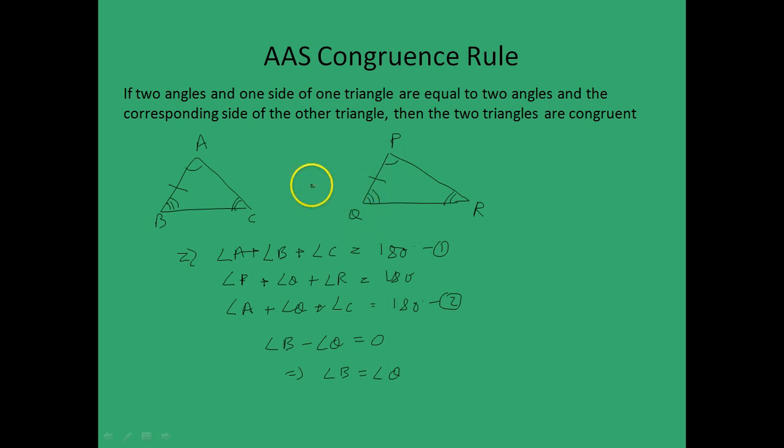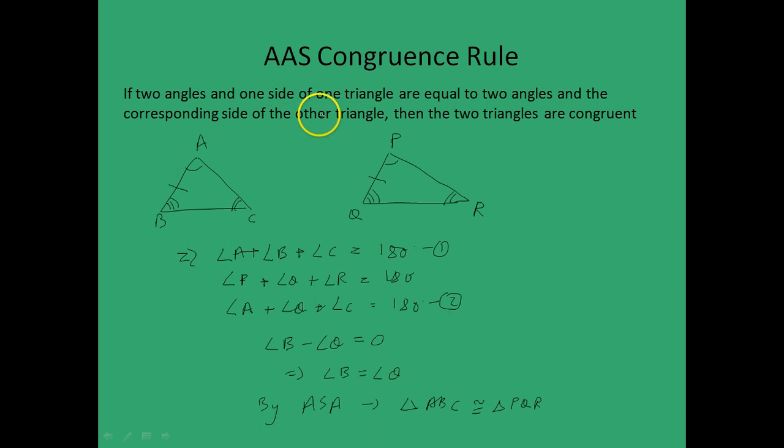And so now this reduces to an ASA condition, in which angle B is equal to angle Q, angle A is equal to angle P, and AB is equal to PQ. And so therefore, by ASA, triangle ABC is congruent to triangle PQR, and hence